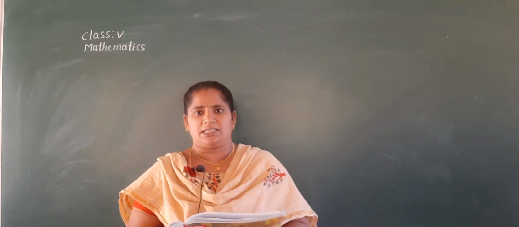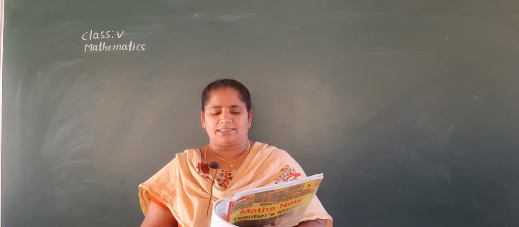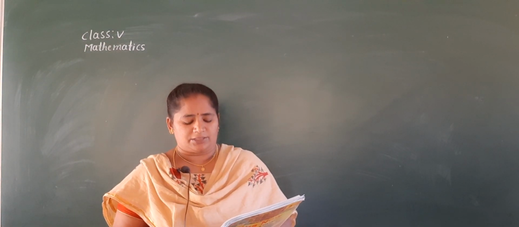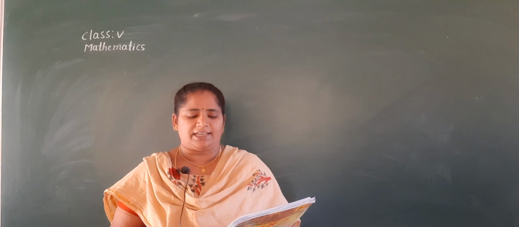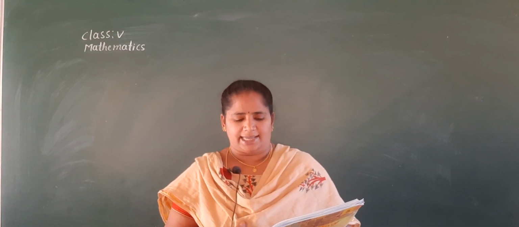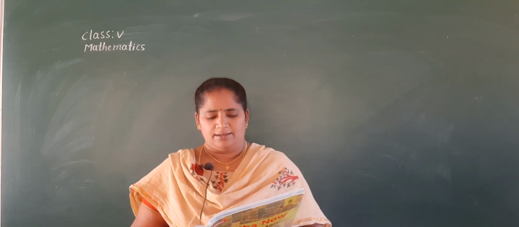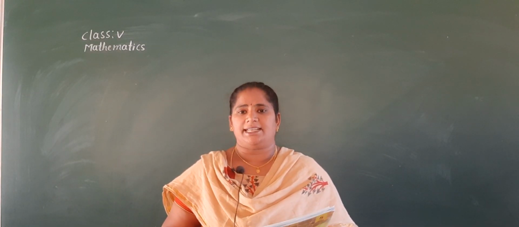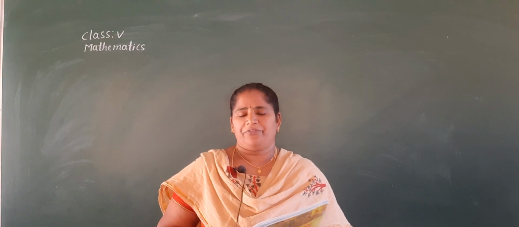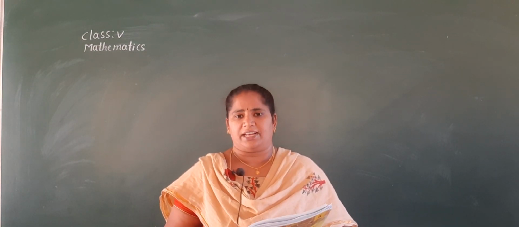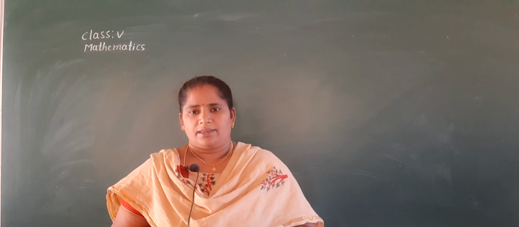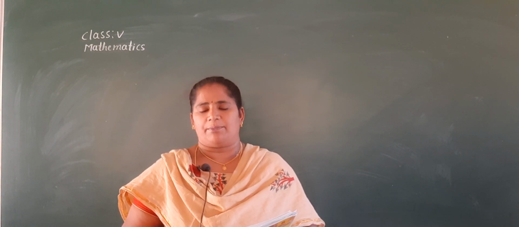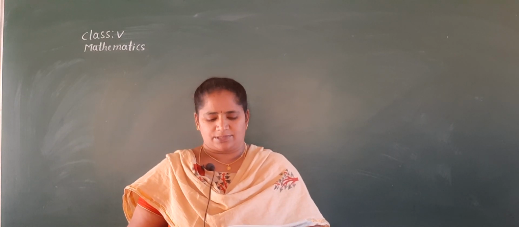Okay, what is the first sum? A school has 32 classrooms. 15 of them have 20 chairs each, while the rest of the classrooms have 18 chairs each. How many chairs are there in all? This is the first question. So it is given that 15 of them have 20 chairs each. How do you find the total number of chairs in 15 classrooms? Yes, if you multiply 15 by 20, then we can get the number of chairs in 15 classrooms.